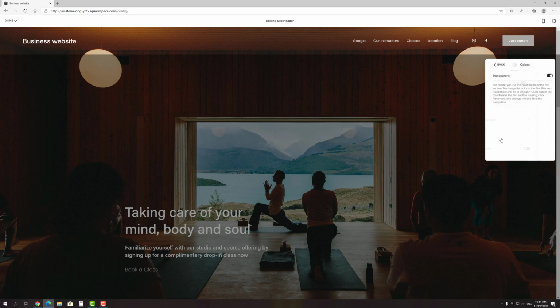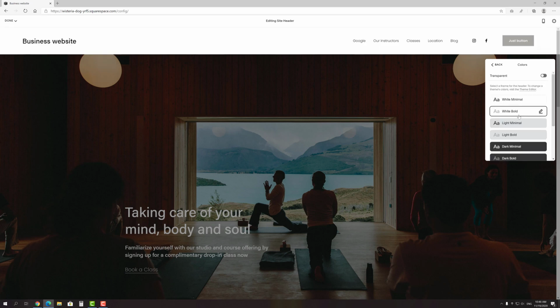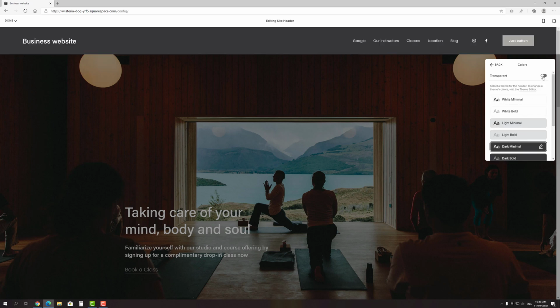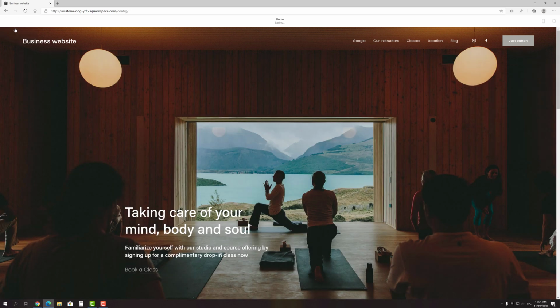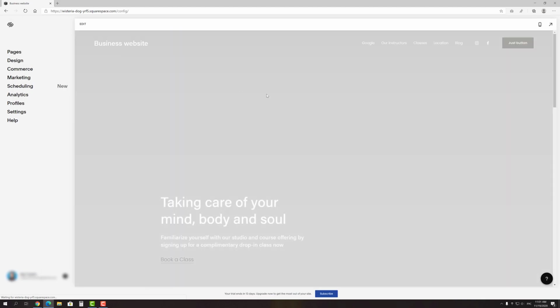As for the Colors tab, here you can set the header background to transparent or a solid color. And the last thing here is the fixed position toggle. It's worth noting that not all templates support fixed headers, but this one does. If this toggle is switched on, navigation stays in the same position at the top of the browser, while you scroll the page up or down, depending on settings. You can see these changes only in a preview mode, so let's save them and take a look if all is working correctly.